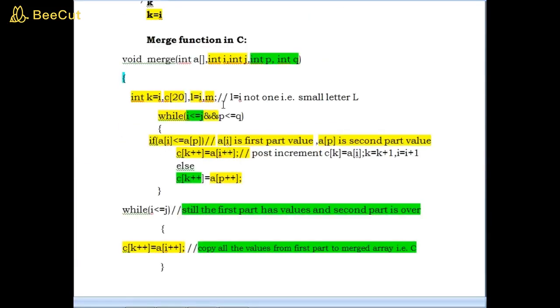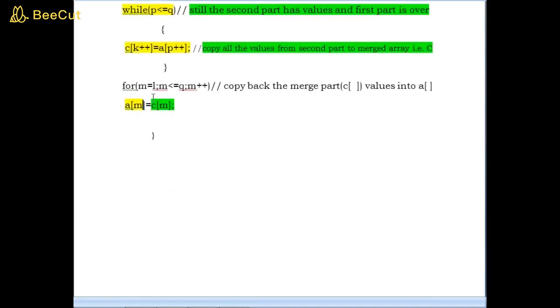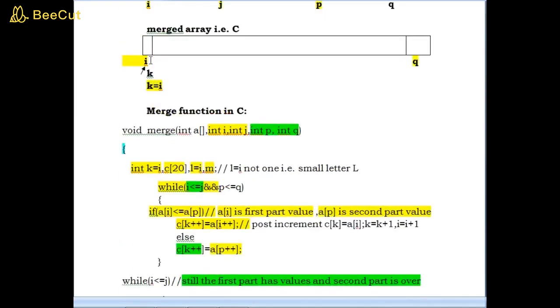That's why initially I stored I in the variable called L. So m equal to L, where the L value is I. Small letter L equals I. If I write m equal to L, now the m value becomes I. That means I have to copy all the values from index I to Q, as in the figure.